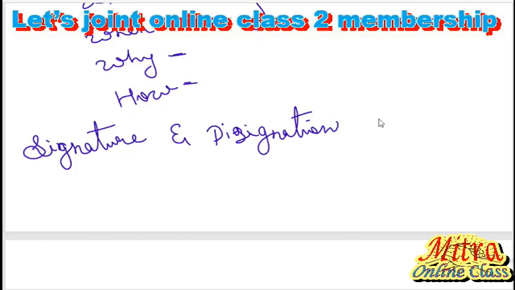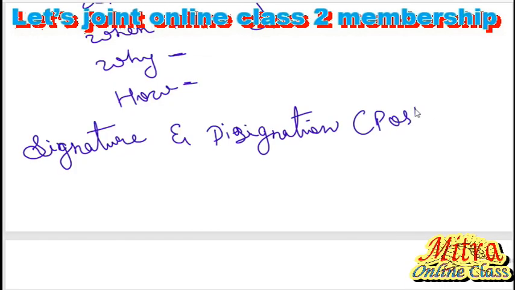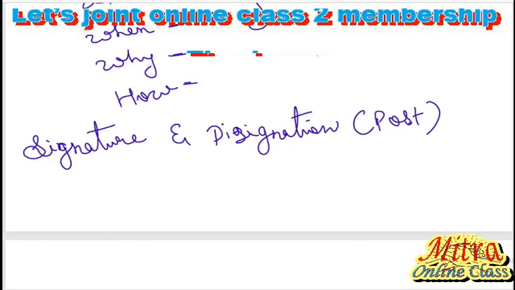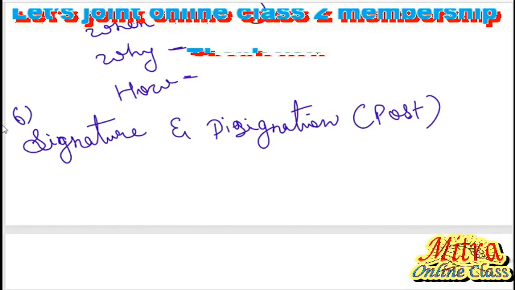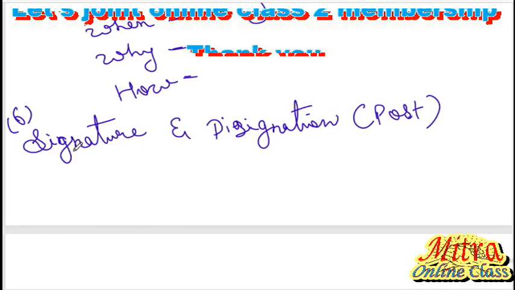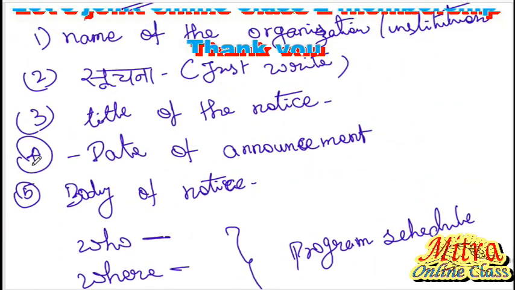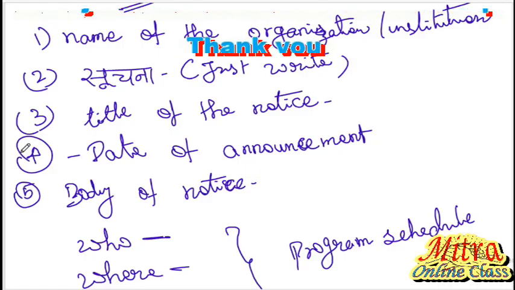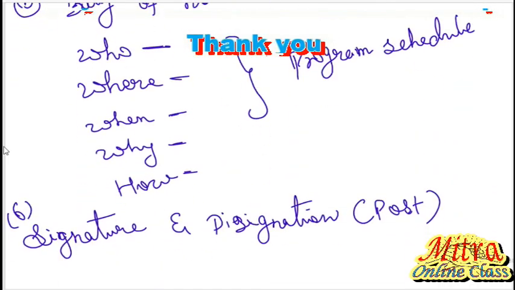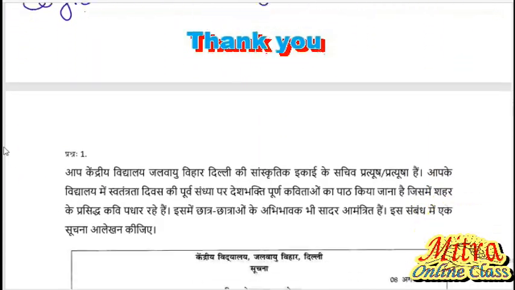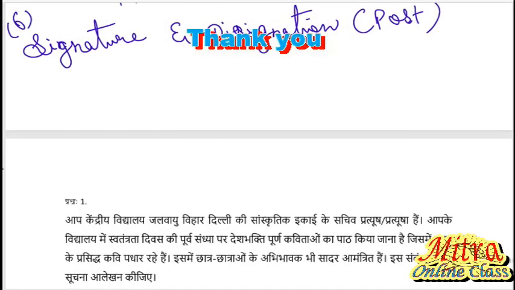So if you are clear on the format and the information in the body of the notice, then you will surely score 4 out of 4 in this exam. So let's come to an example. I will explain with one question. See this question: आप केंद्रीय विद्यालय जलवायु विहार दिल्ली की